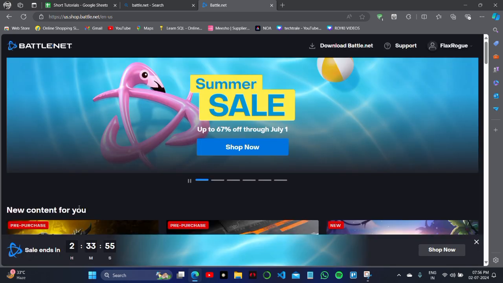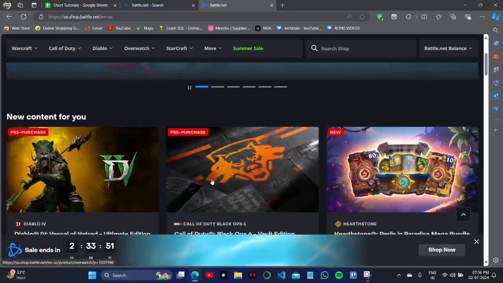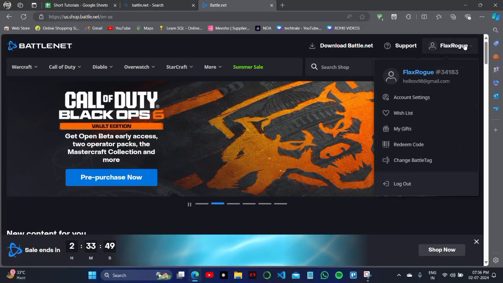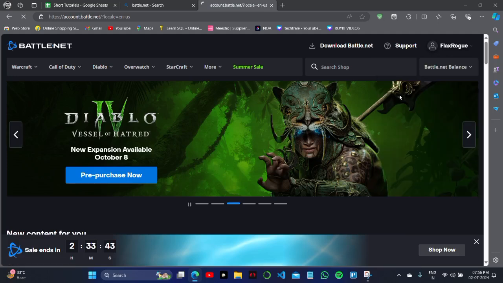You have to simply click on this website and sign into your BattleNet account with your email ID and your password. After doing it successfully, what you have to look out for is simply check your profile here, and there are a lot of options to change settings. Click on the right top of the screen, and as you can see, this is my profile name and account